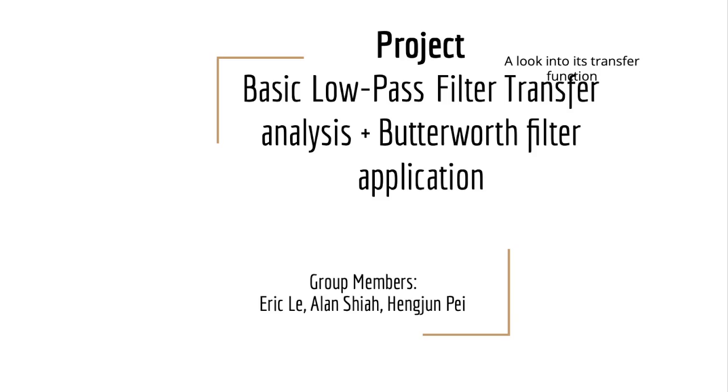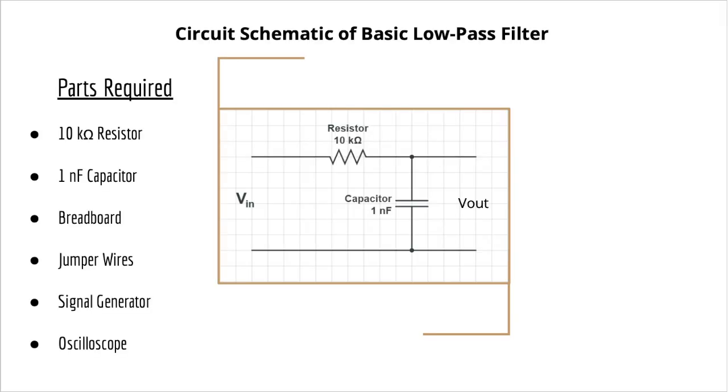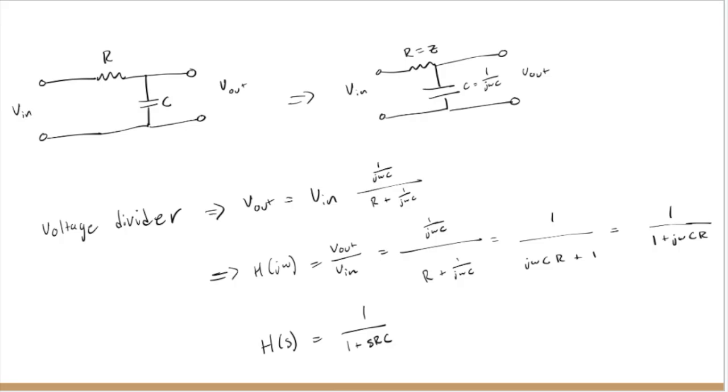This experiment involves designing a first-order low-pass filter with a 10 kilo-ohm resistor and a 1 nanofarad capacitor. A signal generator provides a sinusoidal input, and the filter's transfer function is analyzed by measuring input and output at varying frequencies. Using the voltage divider rule, the theoretical transfer function, H(s) equals V out over V in, is